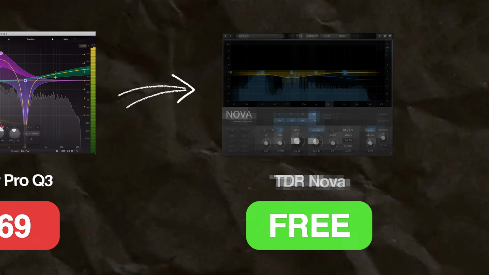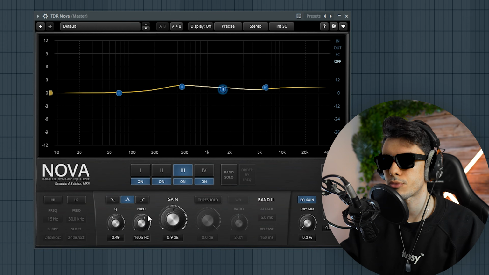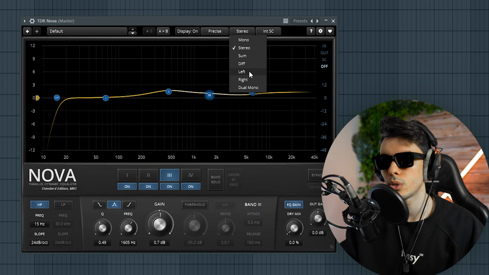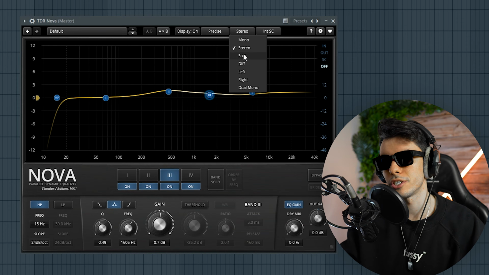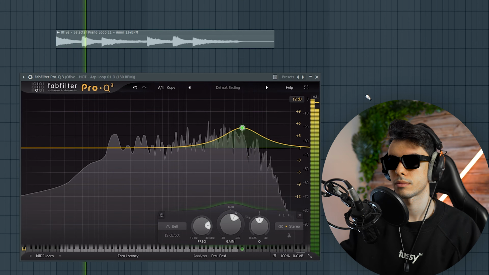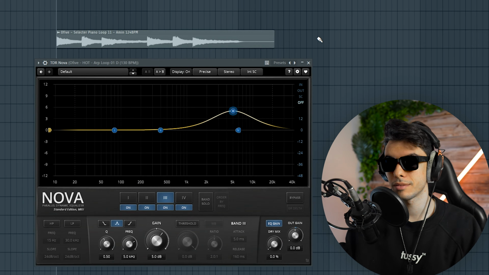But there's a pretty cool free option here, and this is TDR Nova. Here you have many bands with all of the parameters, the EQ, the frequency, the gain. You can also have a dynamic EQ option, high pass and low pass filters, and here you also have many different types of EQs. For example, let's add a 5 dB boost in the 5K frequency. Now with the free plugin,